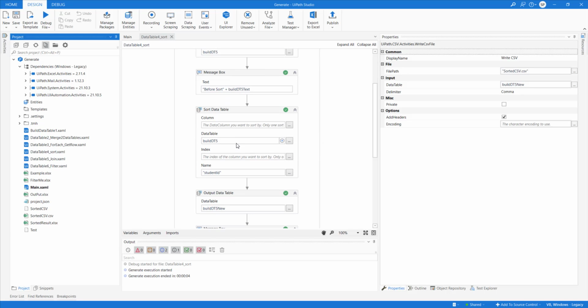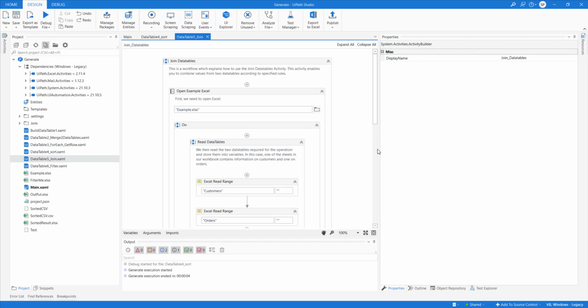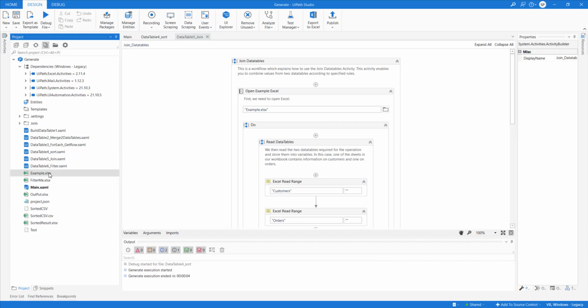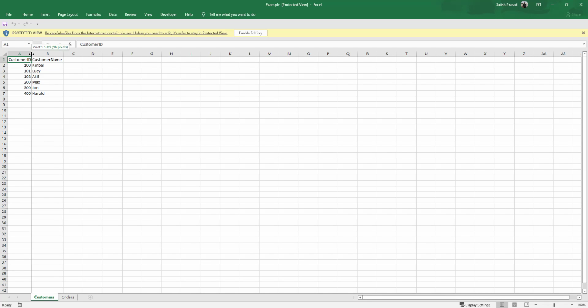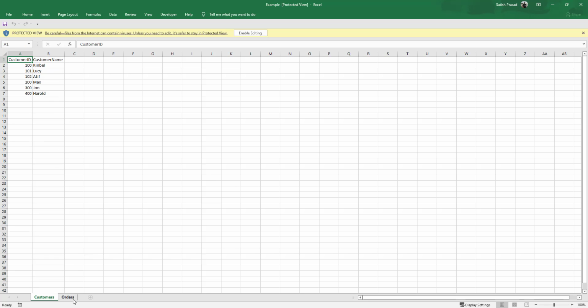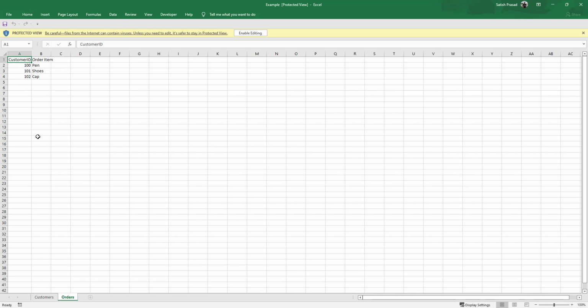So it's pretty easy. Now we have to look at the join example, which is example number 5. So let's look at the file first. We have customer, and then we have another which is order.